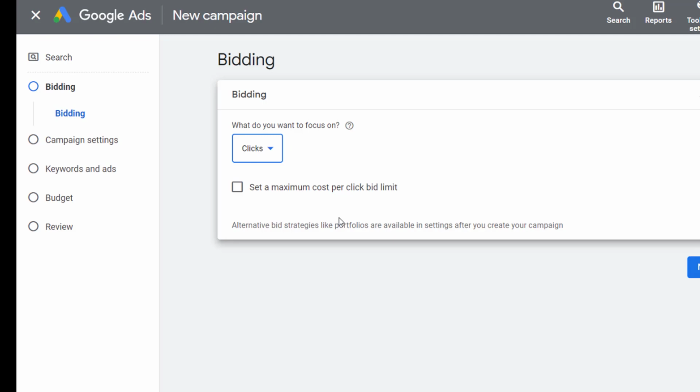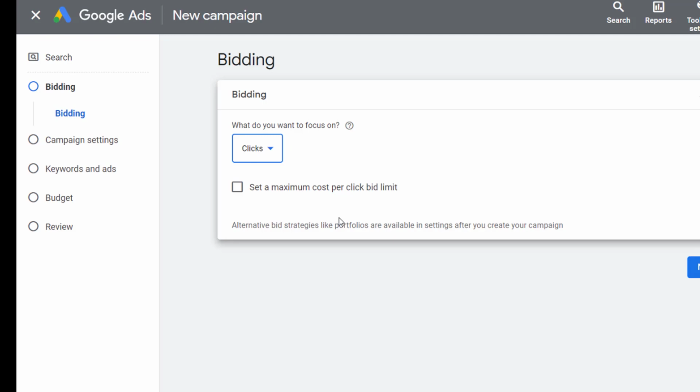Fifth, consider the competition. Finally, it's important to consider the competition when bidding on Google Ads. If you are bidding on popular keywords, you may need to increase your bid to compete with other advertisers.